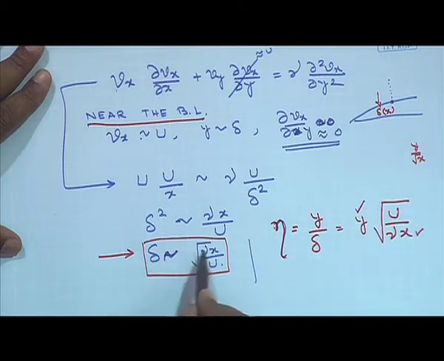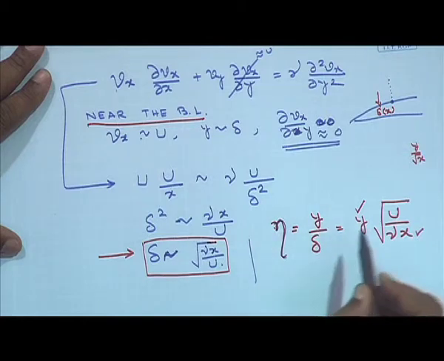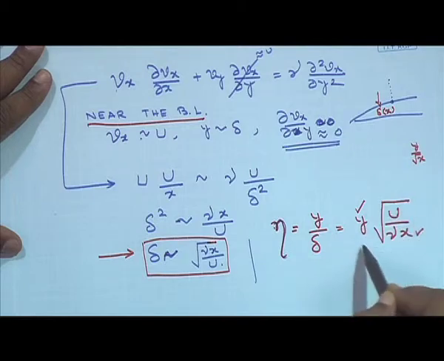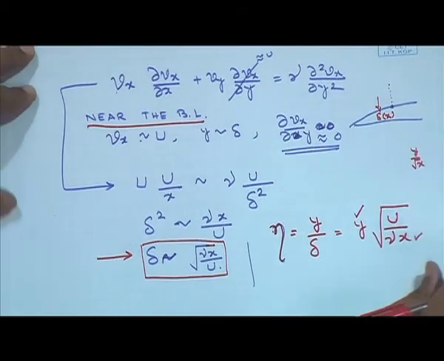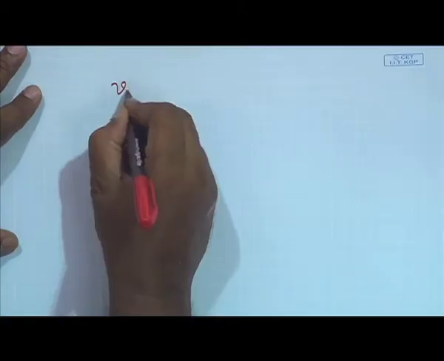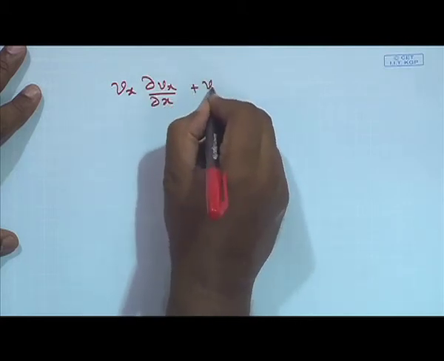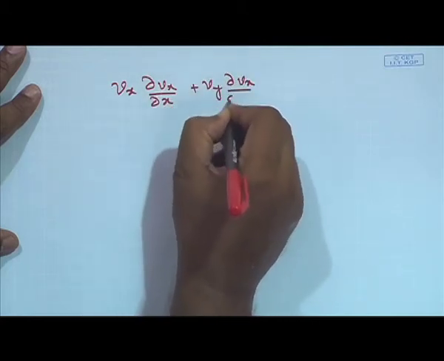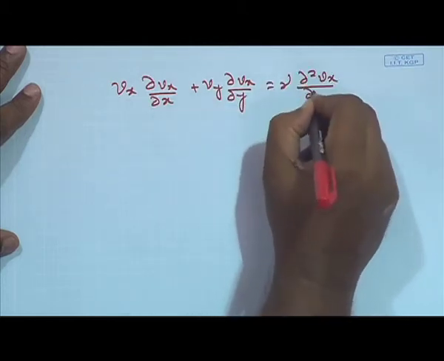So, it gives me delta as a function of x, and since the dimensionless distance is defined as y by delta, it is of this form only. Therefore, the equation of motion, which is Vx del Vx by del x plus Vy del Vx by del y equal to nu times del square Vx by del y square,